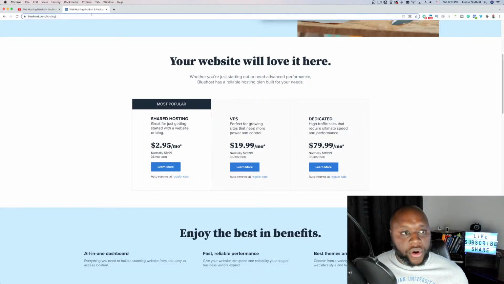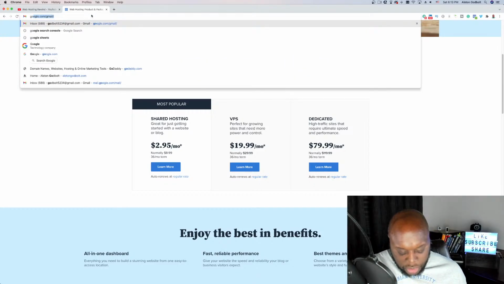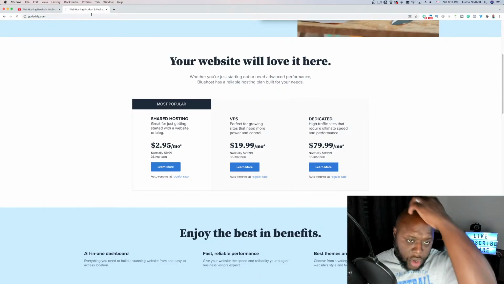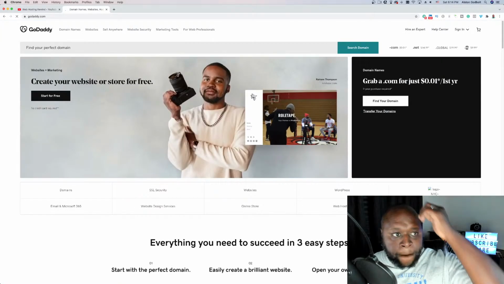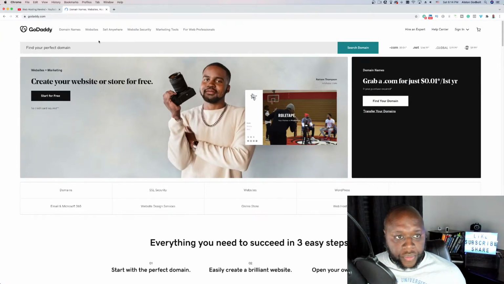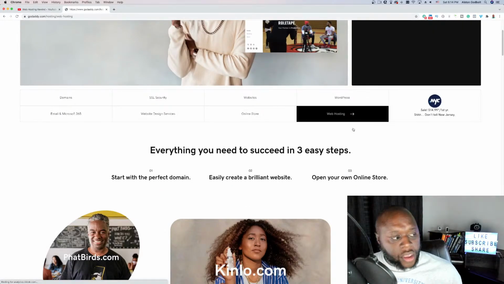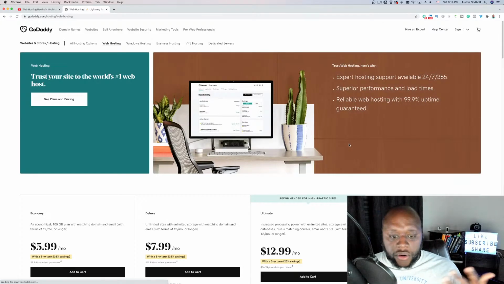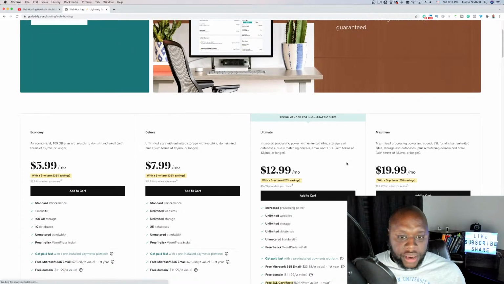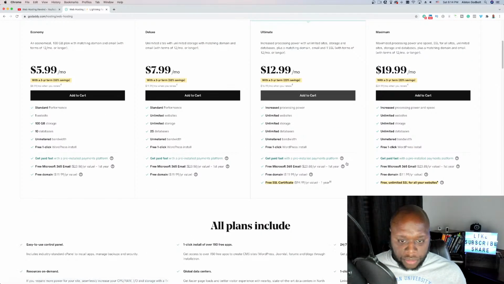And you can do this for GoDaddy too. We're going to go to GoDaddy.com, and you can do the same thing here. We'll click on web hosting here, and you could just do this over and over and over again. Economy, Deluxe, Ultimate, Maximum.